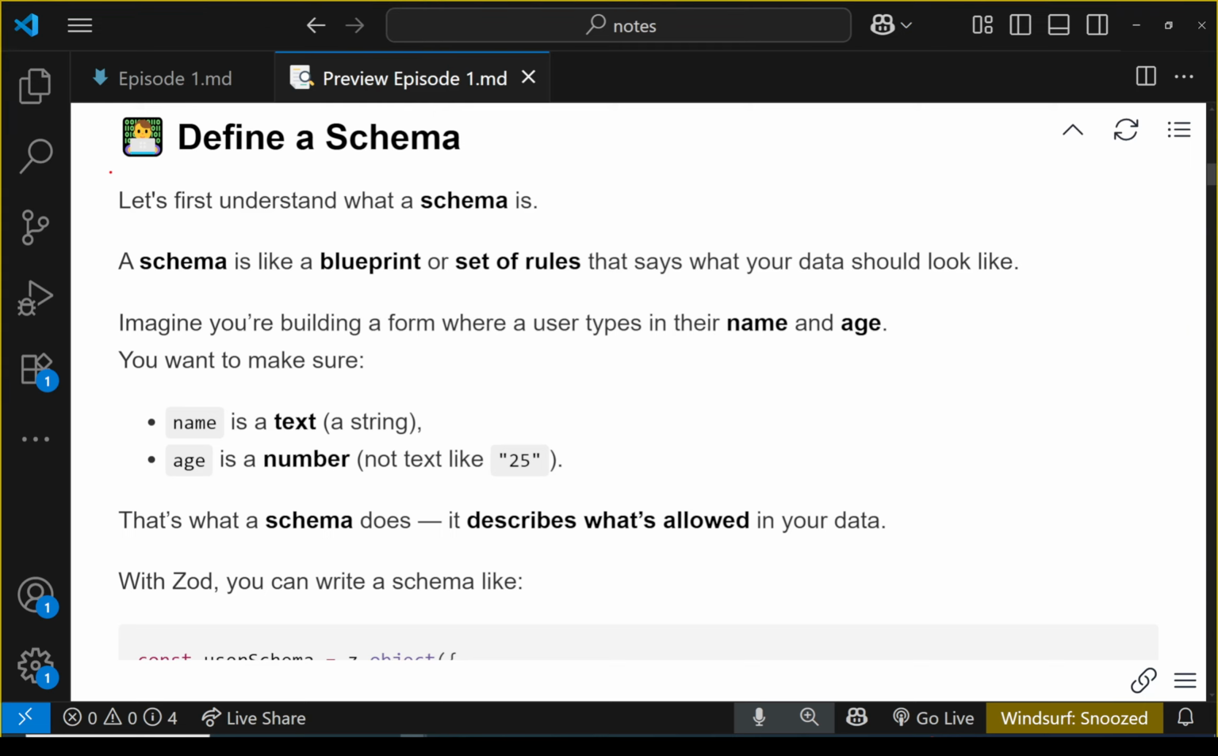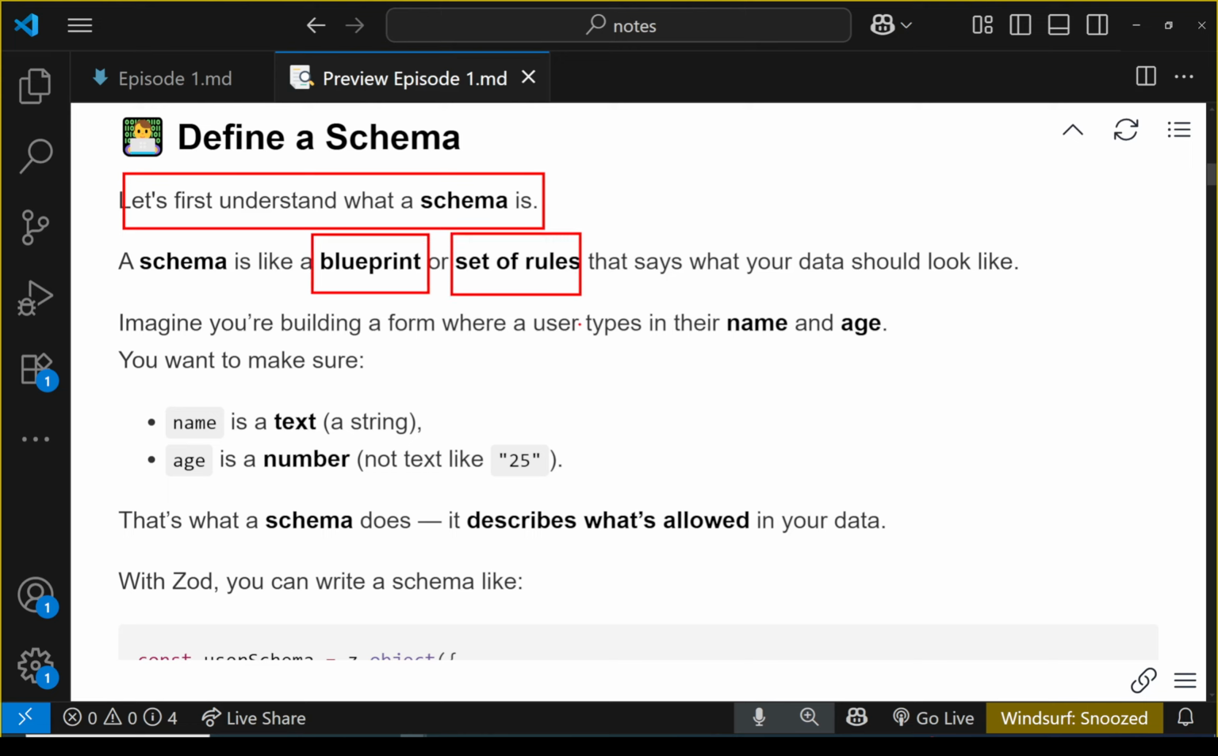Let's talk about the concept of a schema. Let's first understand what a schema is. A schema is like a blueprint or a set of rules that you define, and through those rules you establish the shape of your data. So you say, for example, that an object of type employee needs to have these different properties with these different types. If an object violates any one of these rules, of course you're going to have a problem. Your schema will validate the data that you have